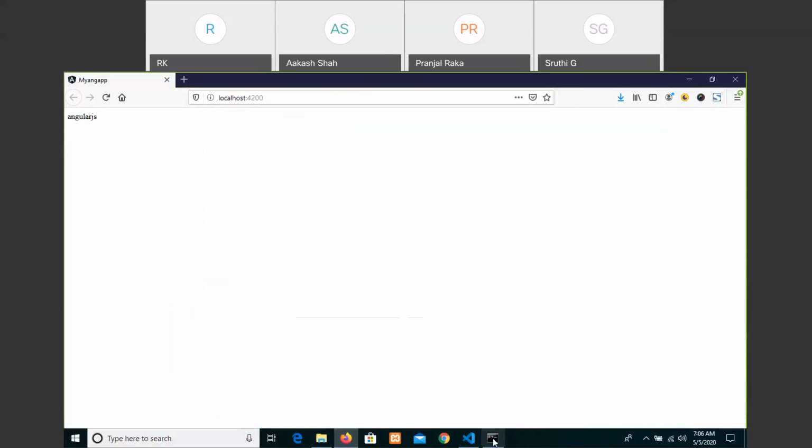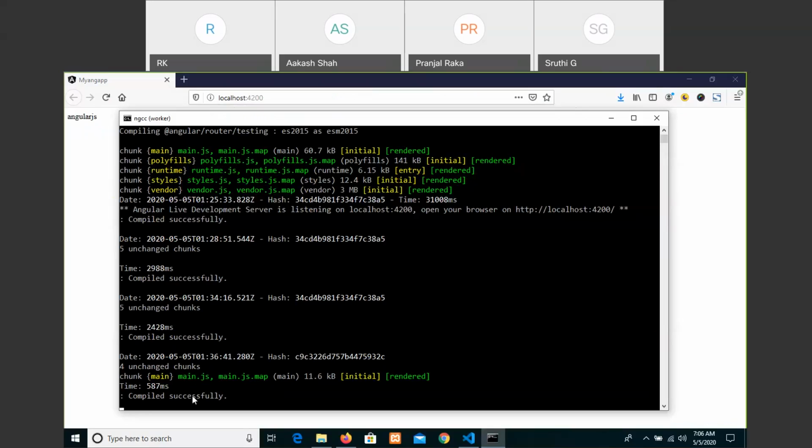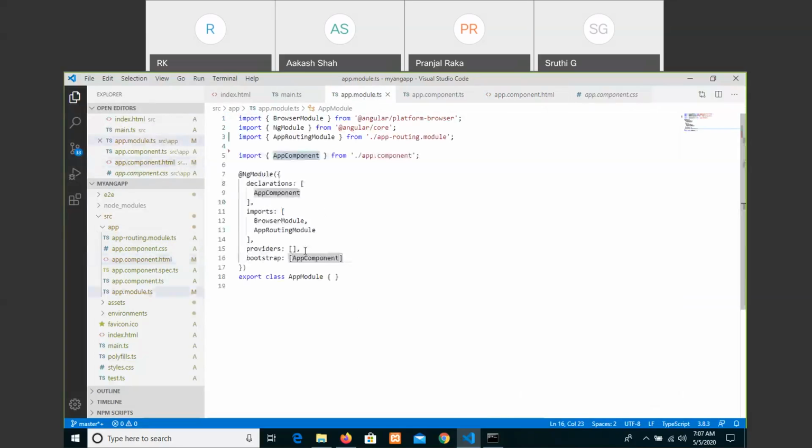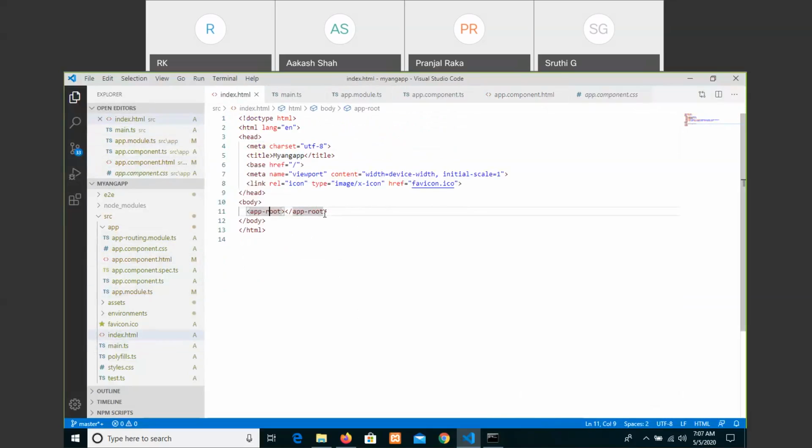Each and every time, it will automatically re-render your application and give an output. If there is an error, it will show an error, or else it will give a successful output. So we got clarity that by default they have set a component. That component is connected to the module, and this module is connected to main, which is linked to the output of the HTML file, which is the index.html file.